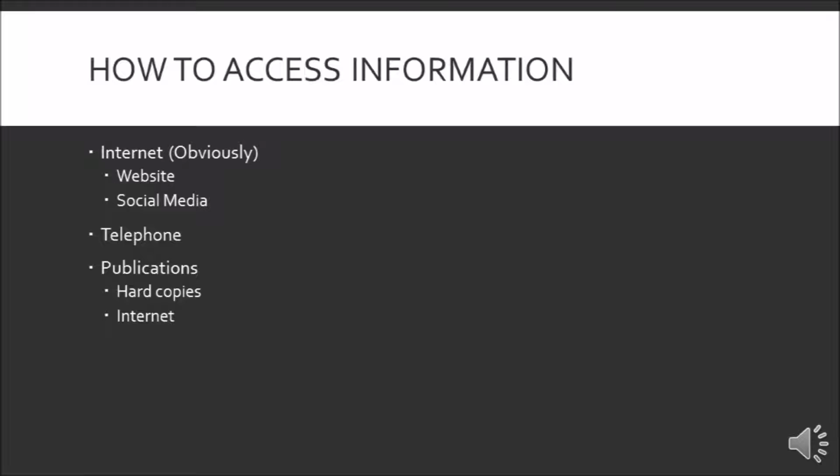Another way that somebody could access the information that the BLS provides is printed publications. These obviously aren't as popular, because with technology and the internet, everybody can access these publications via the internet as well as through the printed publications. A few of the printed publications they have are the Occupational Outlook Handbook, the Monthly Labor Review, the Economics Daily, and the Career Outlook. There are also older editions of these that you can get at libraries.